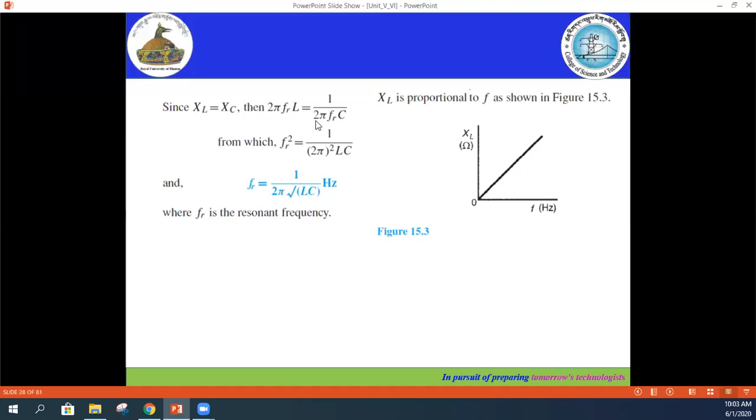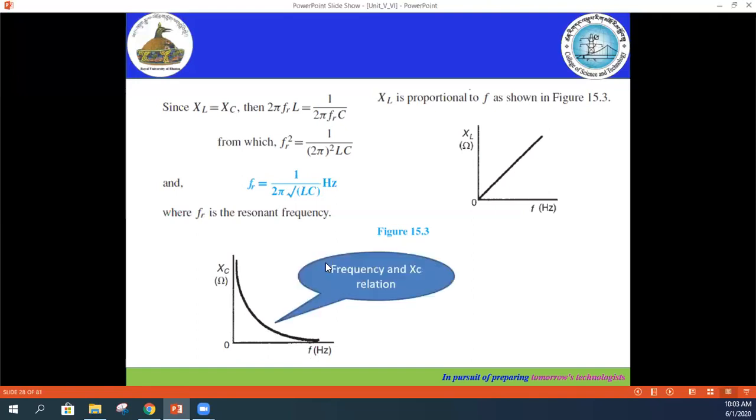And then if you're checking XC is equal to 1 by 2 pi FC, when you increase the frequency, the capacitive reactance will decrease. If we decrease the frequency, your XC will increase, which means they are inversely proportional. So see here, if we have the minimum value of frequency, you will have the maximum value of XC. If you increase the F, you will have the minimum value of XC. And then during the resonance,